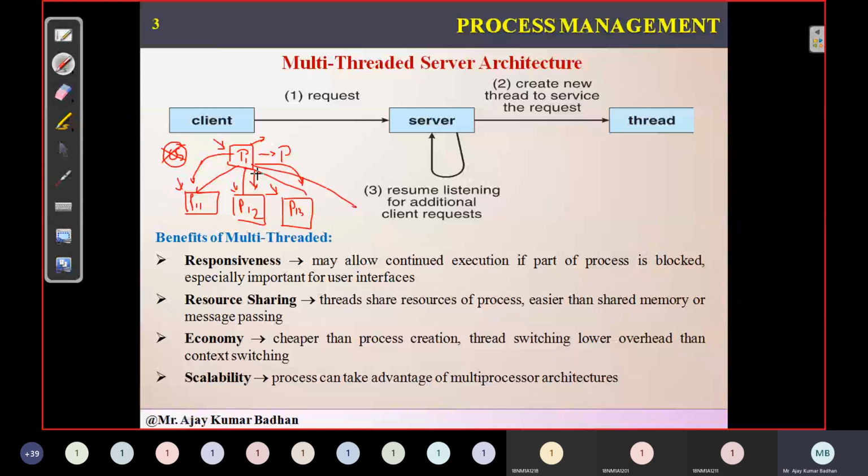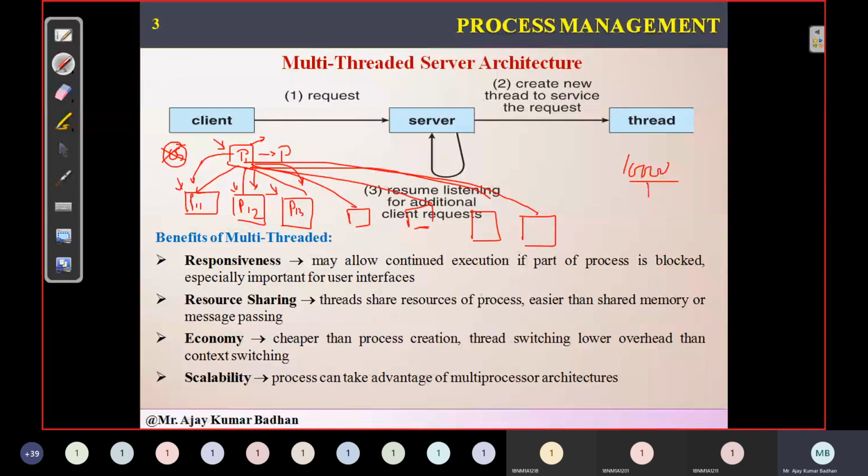But if this process keeps on generating multiple processes like this, what will happen? It is definitely an overburden for the system. Assume there are 10,000 processes executing in your system, and each process creates 10 child processes. 10,000 into 10 is a very huge number of processes, and the system may not be able to handle it properly, because the performance of the system will definitely decrease.